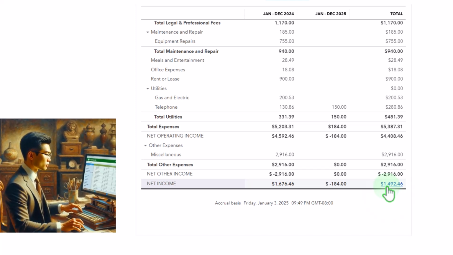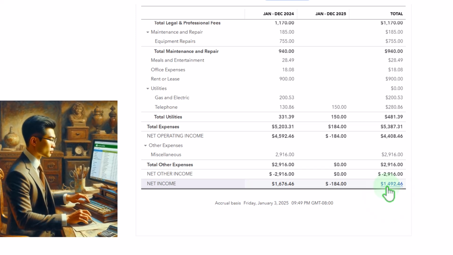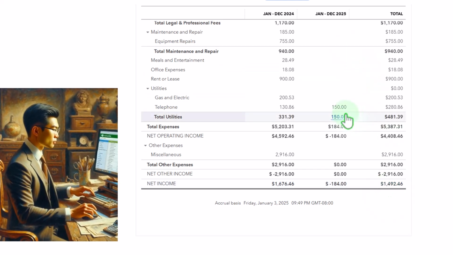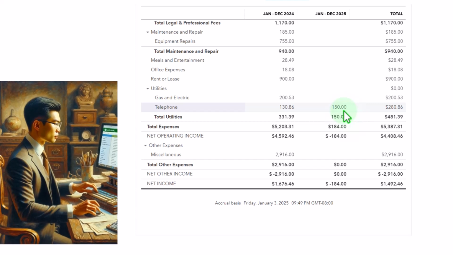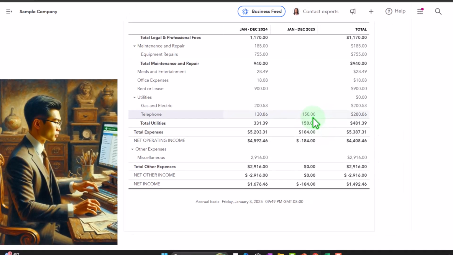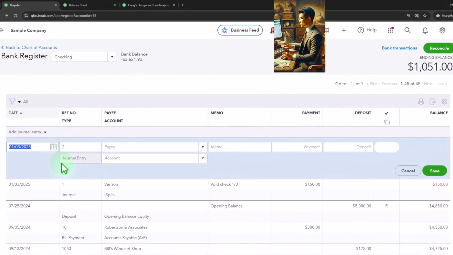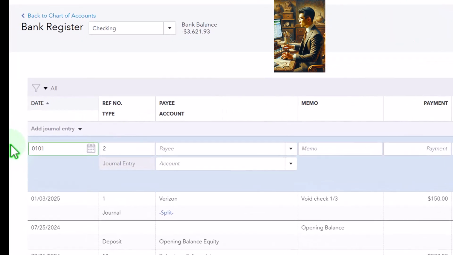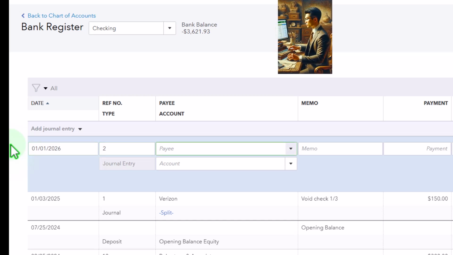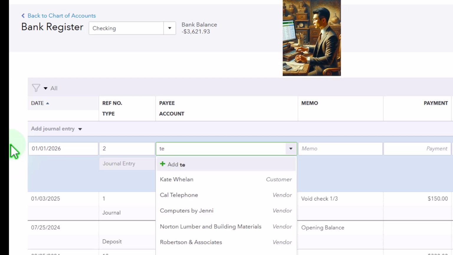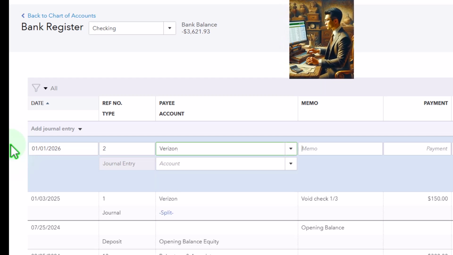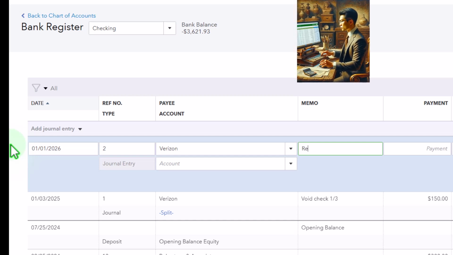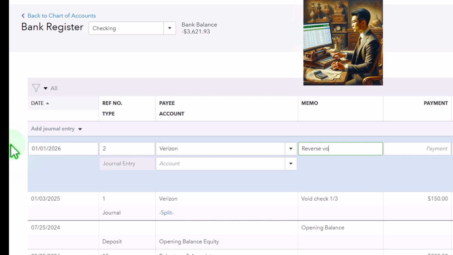Now I'm going to do another journal entry in the current period to do the adjustment in the current period, so that I can actually write this amount off in the current period instead of messing up the prior period. So I'm going to go back over and say, okay, now let's do another journal entry, and I'm going to imagine this happens on, let's say, 01/01/26, because I'm going to imagine the current year is 2026 so we can see it. So I'm going to say the payee is, let's just say Verizon again, and we're going to say to reverse void